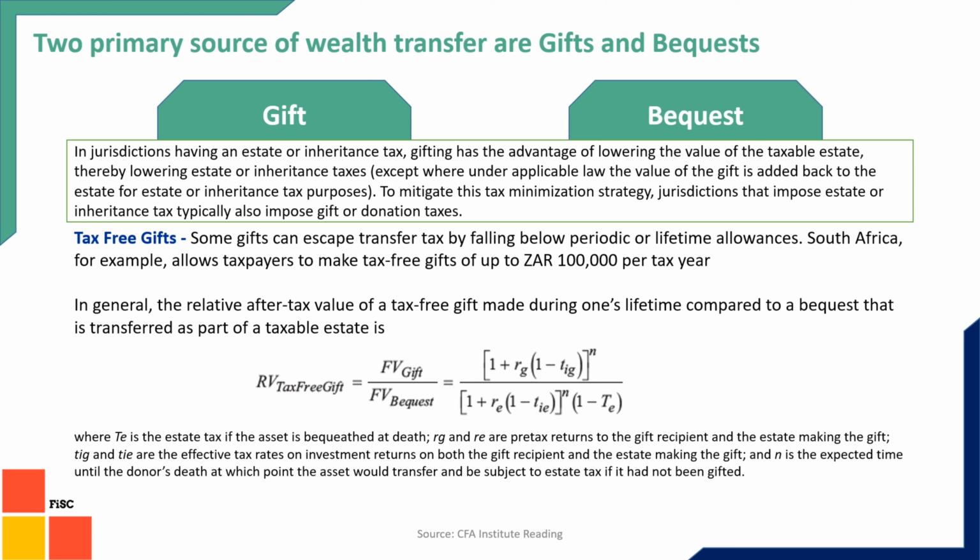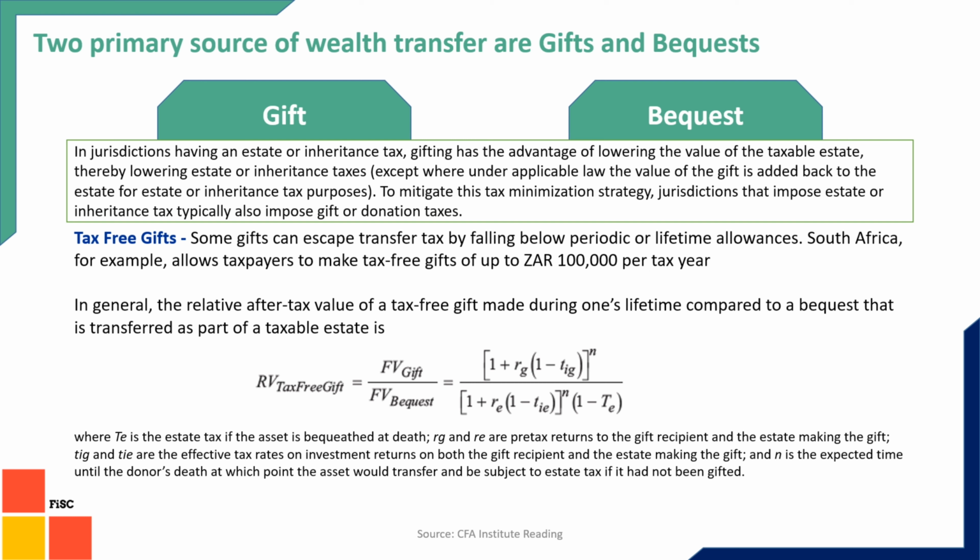This is the formula. Here you can see that RG or RE are the returns on that particular asset. So RG and RE could be the same if the source of return is the same for that asset, but there could be a chance that you gave the asset to a recipient and he converted it in some other way. For example, you gave him a land and he sold the land and used the money for something else. So the rate of return would be different in those cases.